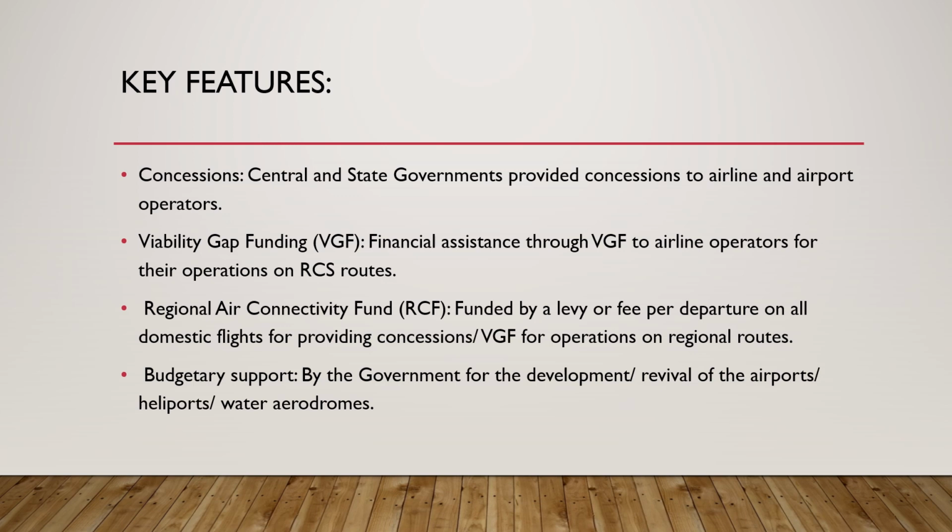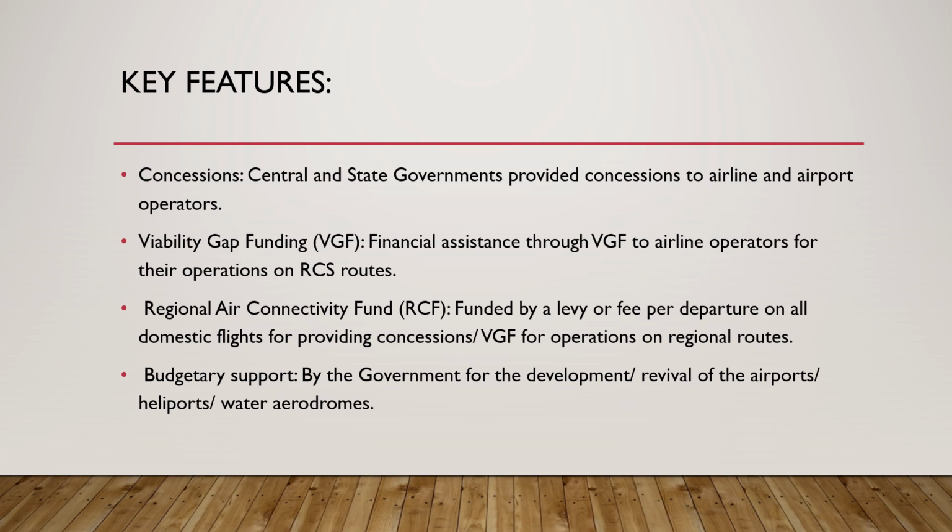Its key features are concessions. Central and state governments provide concessions to airline and airport operators. Then we have viability gap funding, financial assistance through VGF to airline operators for their operations on RCS routes. Then we have the Regional Air Connectivity Fund, funded by a levy or fee on departures of all domestic flights, for providing concessions and VGF for operations on regional routes. Then we have budgetary support by the government for the development and revival of airports,